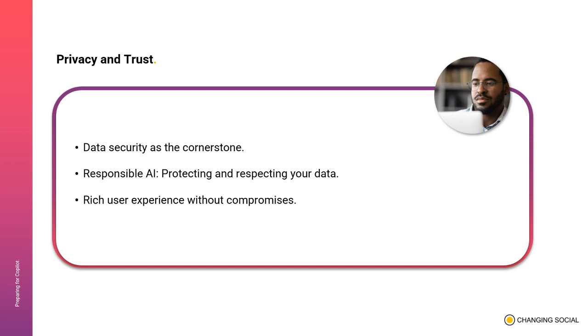Diving deeper into that fabric of security, let's look at the pillars Copilot is built upon. Trust is earned, it's not demanded. Copilot stands tall on the foundation of robust data security. It's not a feature, again, it's an ethos. Furthermore, as AI continues to weave its way into our lives, being responsible isn't optional. Copilot is not just about harnessing the power of AI, but doing so while prioritizing the sanctity of your data. And the end result? That's a user experience that's as rich as it is secure, letting you navigate through your tasks with peace of mind.